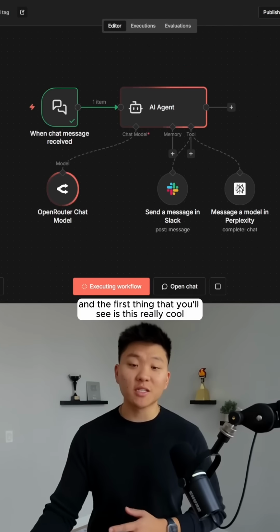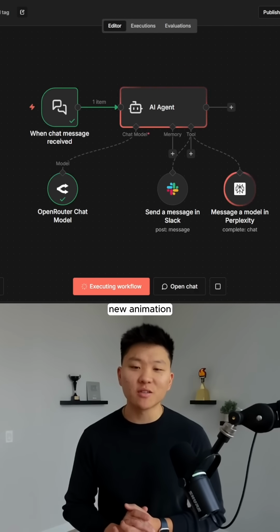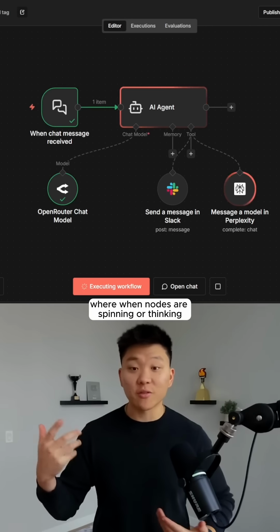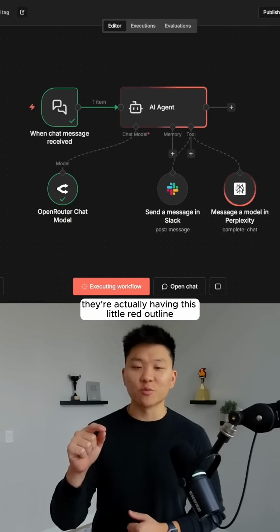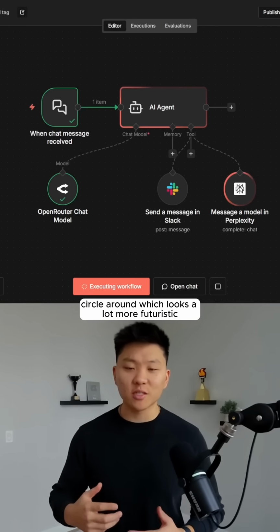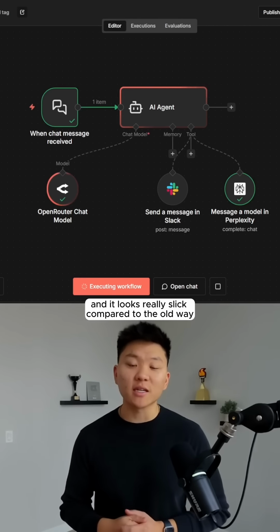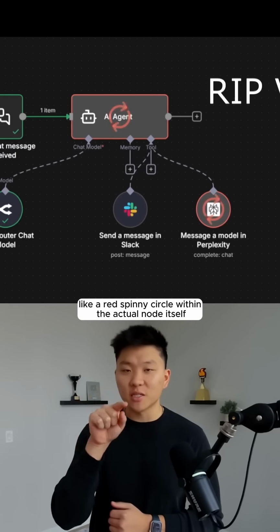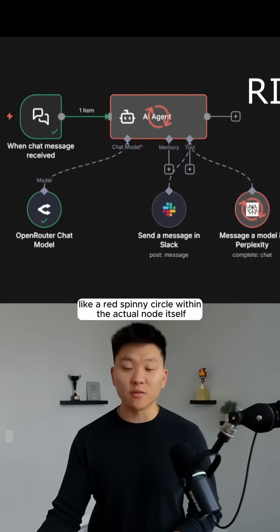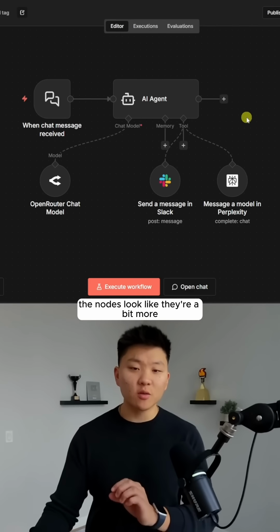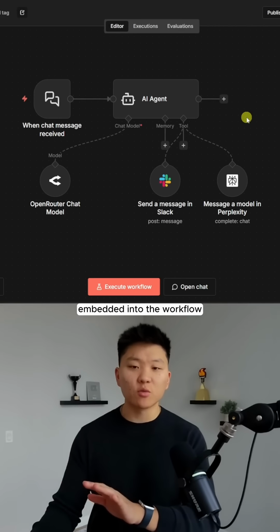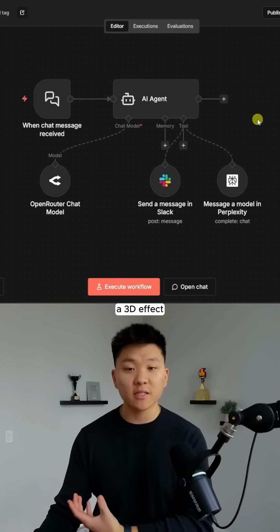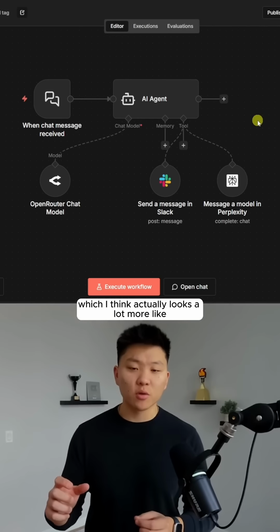And the first thing that you'll see is this really cool new animation where when nodes are spinning or thinking, they're actually having this little red outline circle around, which looks a lot more futuristic and slick compared to the old way where we had the agents just having a red spinny circle within the actual node itself. And the other thing you'll notice is the nodes look like they're a bit more embedded into the workflow and there's not a 3D effect, which I think looks a lot more modern